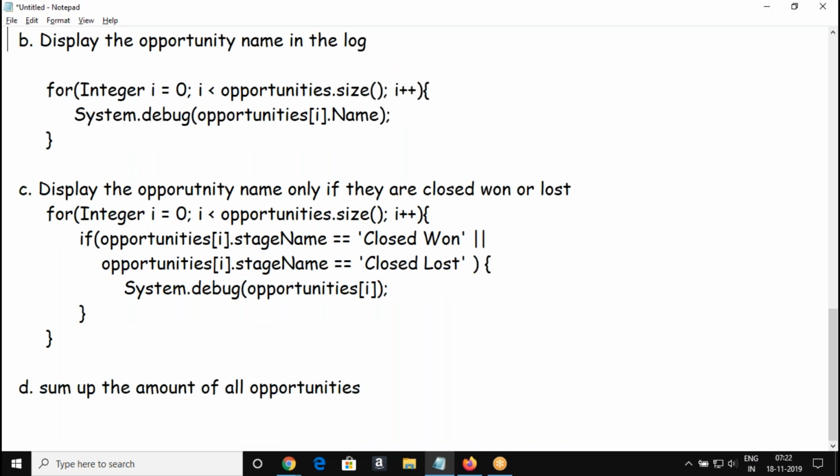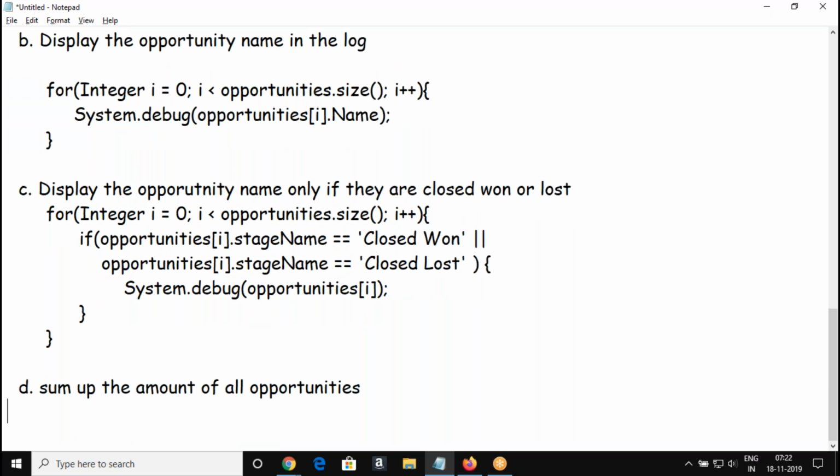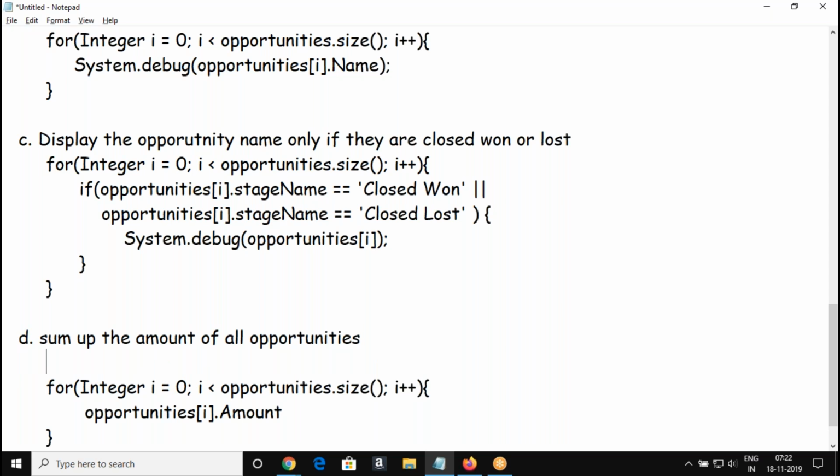Okay. So what is my next? Sum of the opportunities. Sum up all the amounts of the opportunities. So here I need the amount value, not the name. Every time I need to sum up, so we'll declare one external local variable.